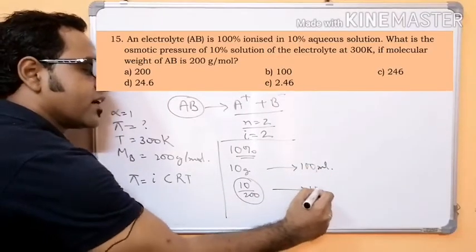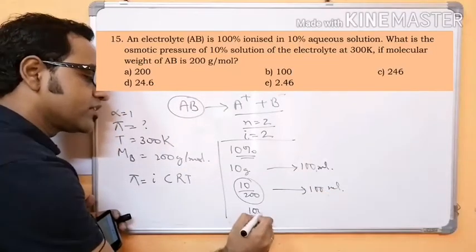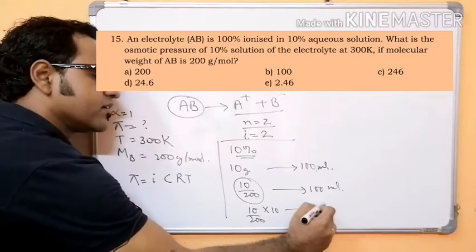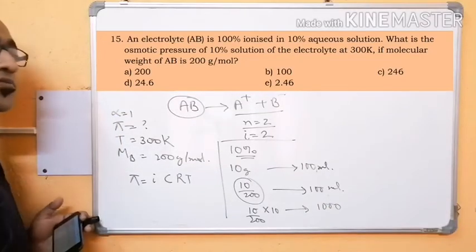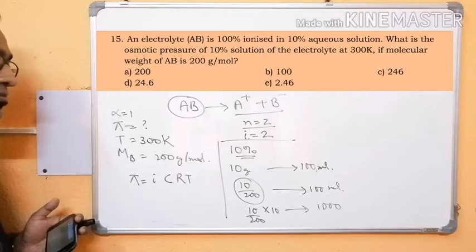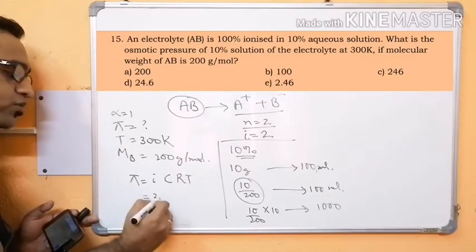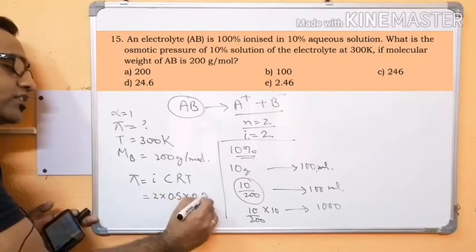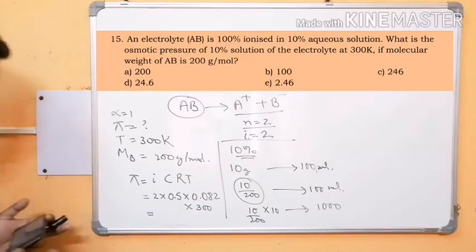So this much is present in 100 ml of the solution. So in 1000 ml of the solution it is 10 by 200 into 10. So you can see it is 0.5 moles present in 1000 ml solution. So we can write i equal to 2, concentration C is equal to 0.5, R is 0.082, T is 300 Kelvin. So the final answer becomes,